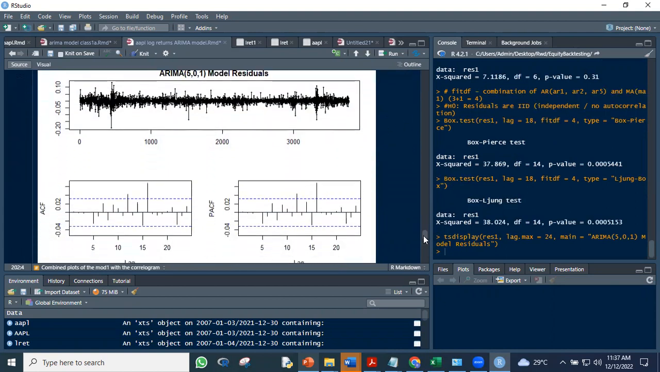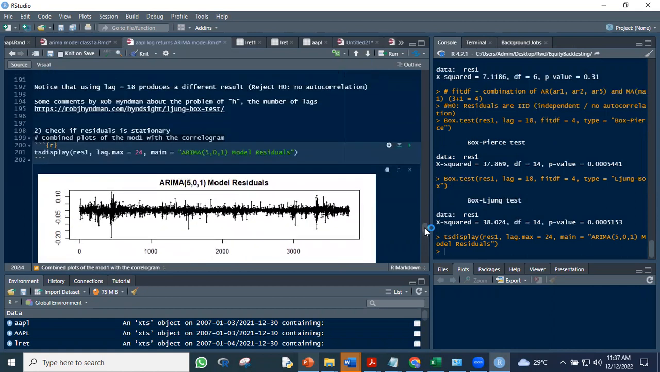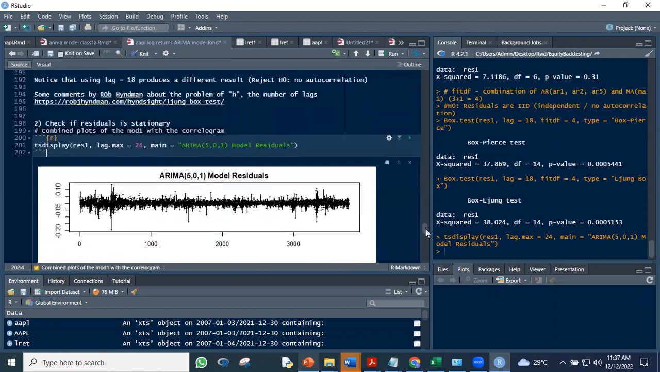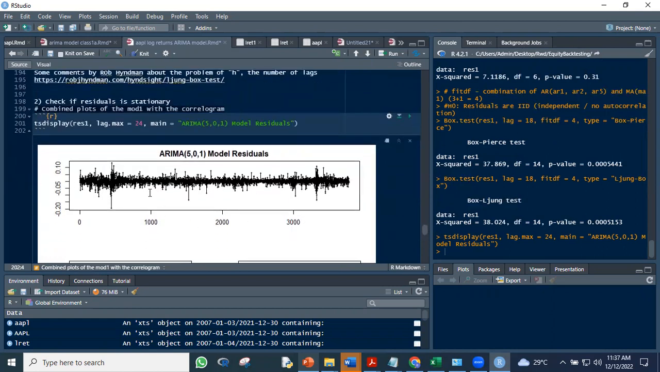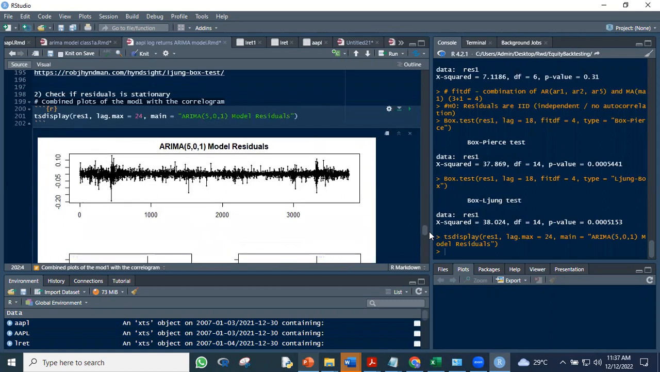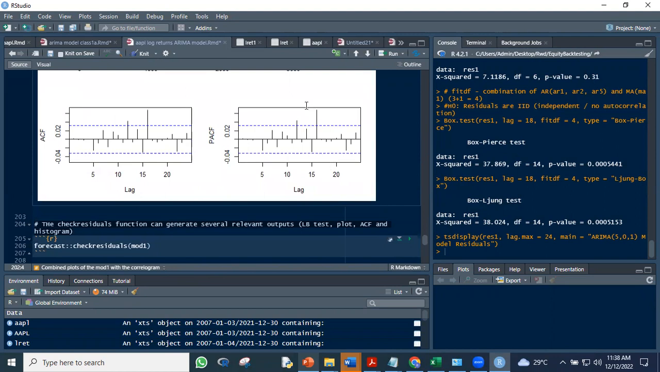Okay, so you can see here this TS display function already provides for us the plot of the residuals and the PACF and the ACF. So that's a time series display. Once again, there are significant spikes here, which indicate that